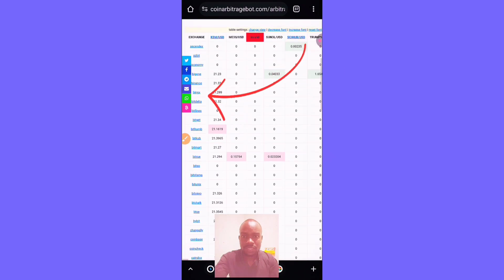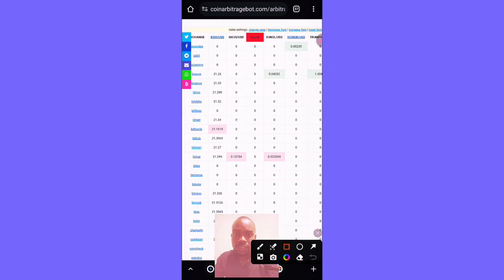So let's see something like Binance. Then it's saying KSM is trading at $21. We are tracking it vertically. You can see here KSM on Binance is going for $21. Then the lowest price for KSM is now on Bitstamp, going for $21.1619. So with that one, you can find a small arbitrage opportunity if you bought KSM on Bitstamp and then sold on Binance for